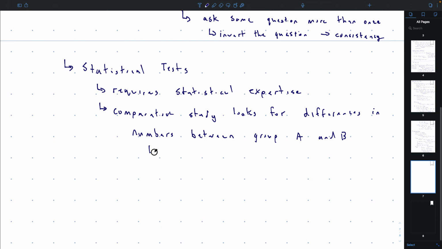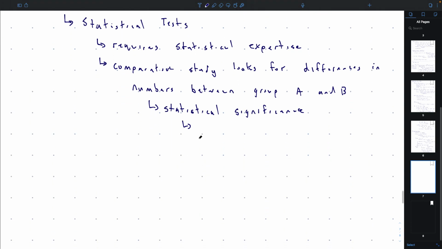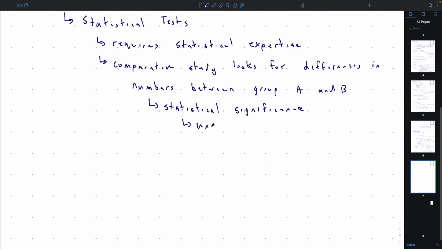Ideally what you want to say is that I see a difference, and the difference is what we call statistically significant. Statistical significance just basically means it's unlikely, and you can specify how unlikely. Is it 99% unlikely? Is it 95%? Whatever. There are different numbers that you can put in, but it's unlikely due to chance.